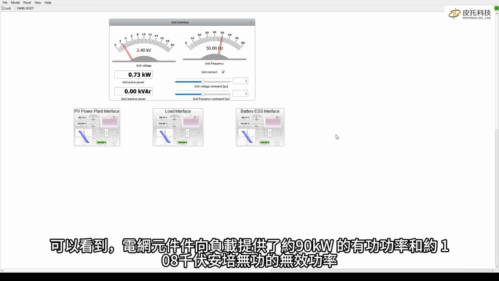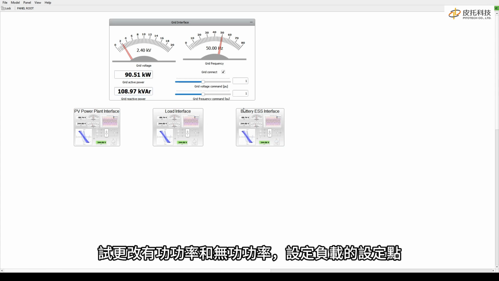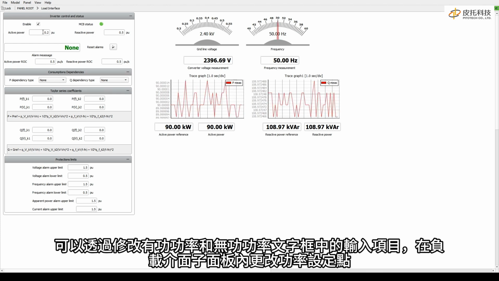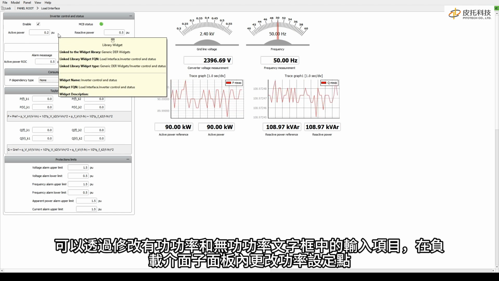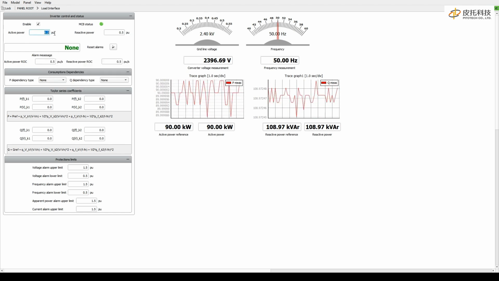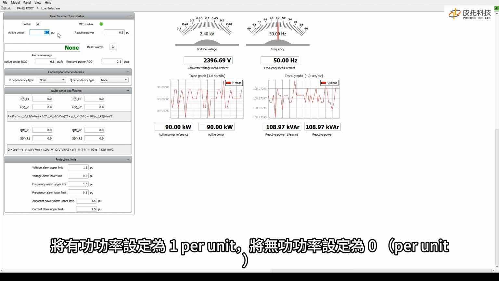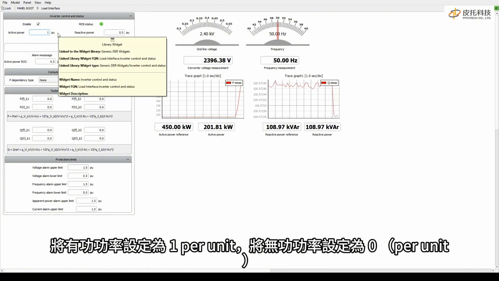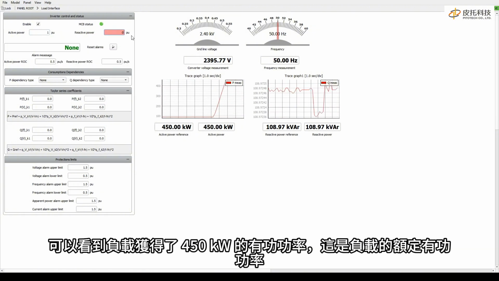You can see that the grid component supplies the load with around 90 kilowatts of active power and around 108 kilovolt amperes reactive power. Try changing the active and reactive power set points of the load. You can change the power set points inside the load interface subpanel by modifying the entries in the active and reactive power text boxes. Set the active power to 1 per unit and reactive power to 0 per unit. You can see that the load is supplied with 450 kilowatts of active power, which is the nominal active power